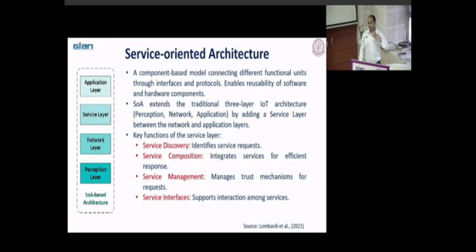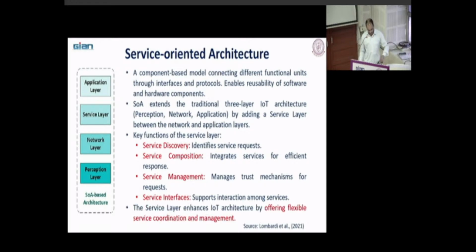It supports the interactions among the different kinds of services your application will provide. So these are the 4 functions. Service discovery, to identify the service requested by your user. Then service composition, prepare that service, integrate services for efficient response. Service management and service interfaces.